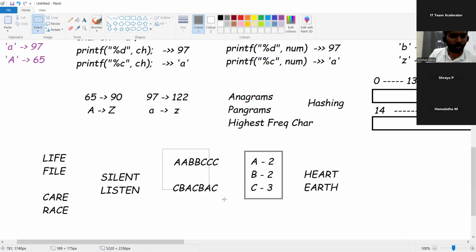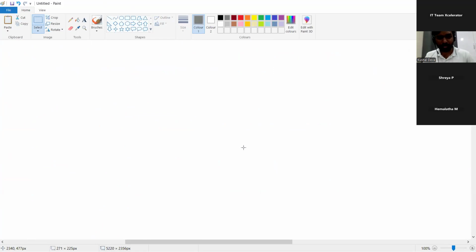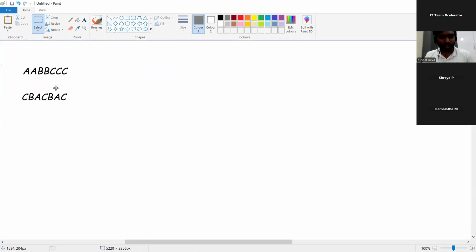Any idea, anyone? Let's take the same over here. If I gave you two strings, how would you check? Yeah, hash map comes into the picture. Exactly. But in Java, if you want to go for a hash map, there should be some logic that happens over there, right? That's nothing but hashing only. Any other way, guys?